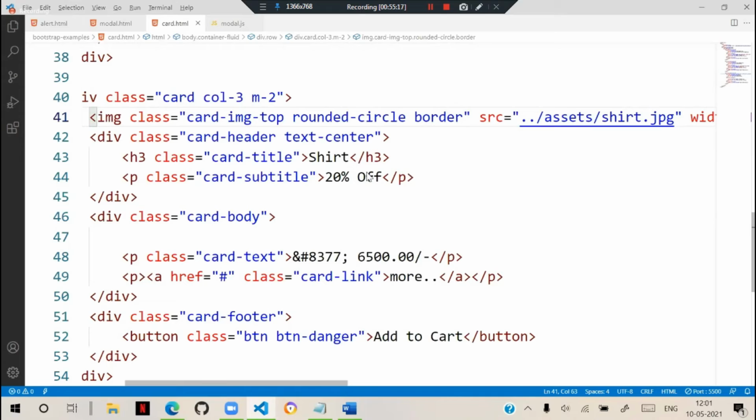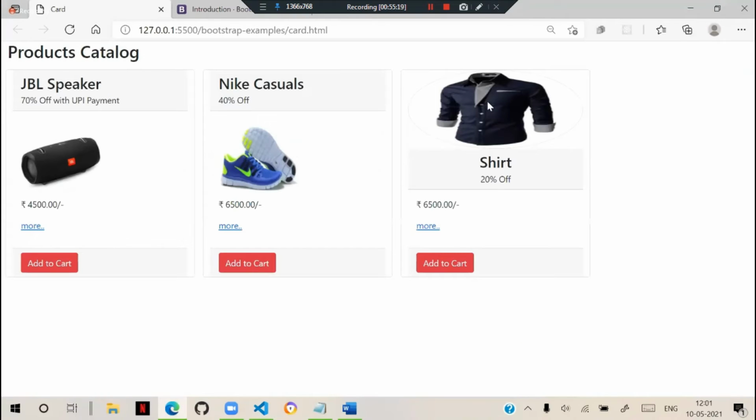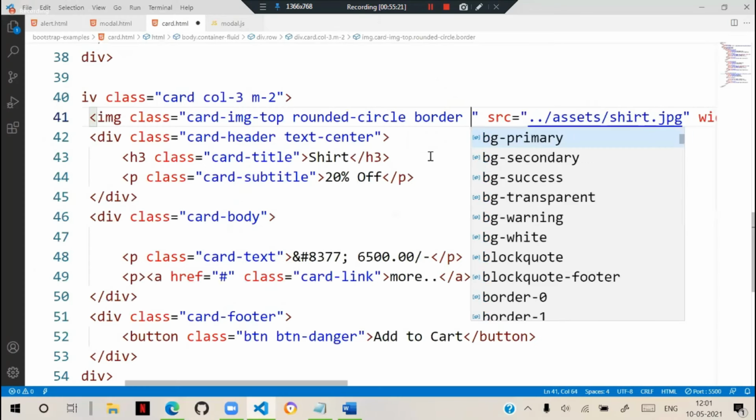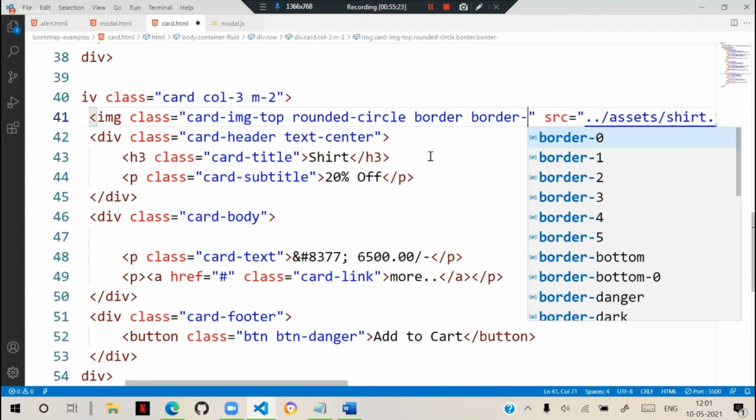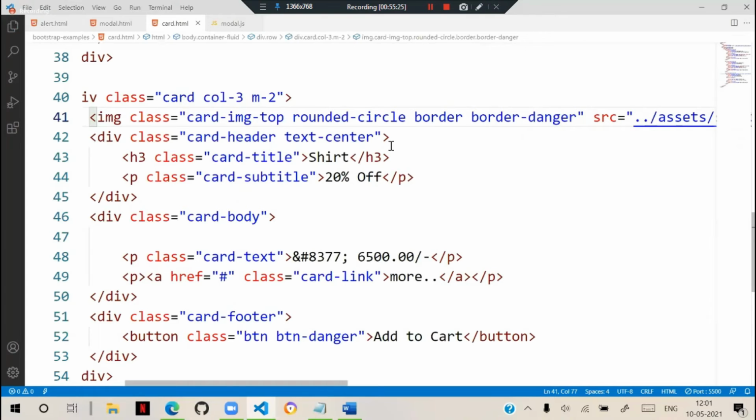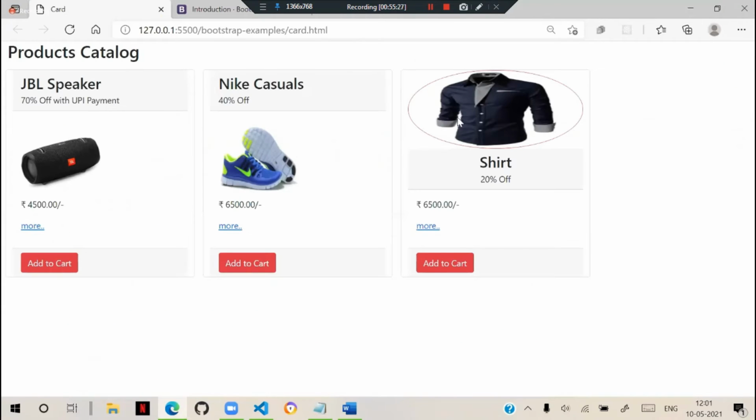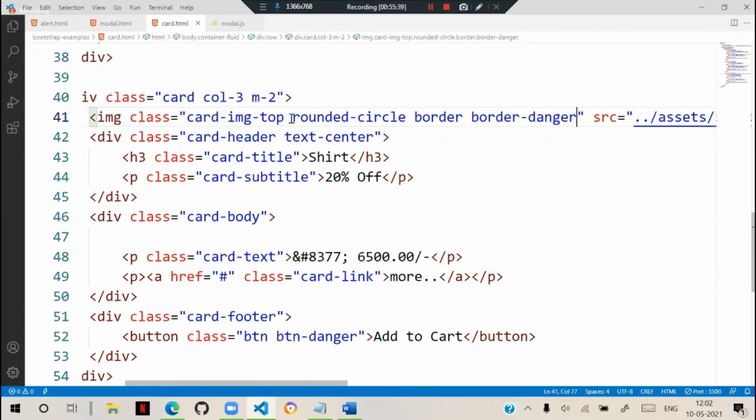Border requires border size also. That means a border will come, border color we need. So border-danger, and you can see the danger circle will come. Earlier we had border, rounded and all these options. They have given a universal option for that now. So that is the reason these rounded circles are the new classes which you can directly apply to your badges.